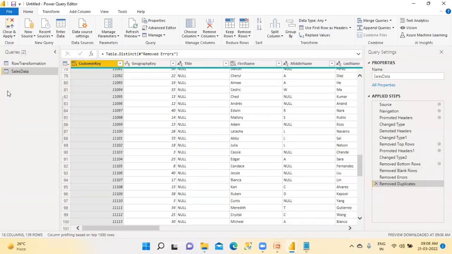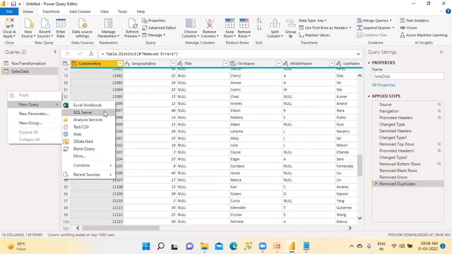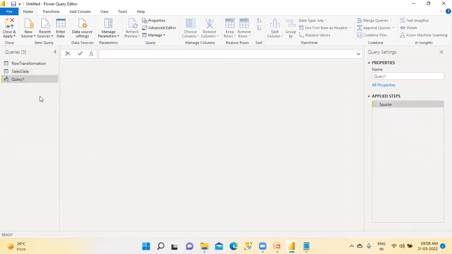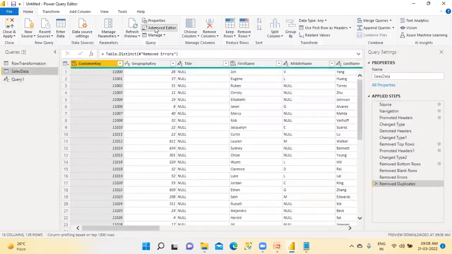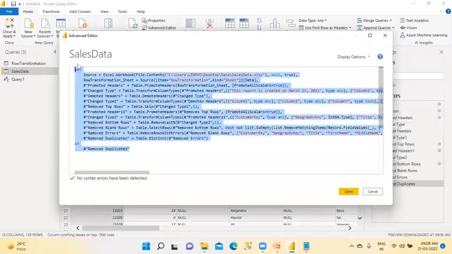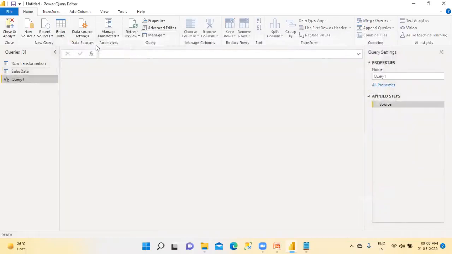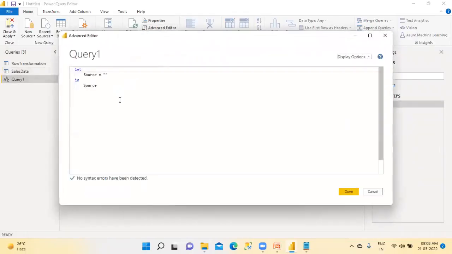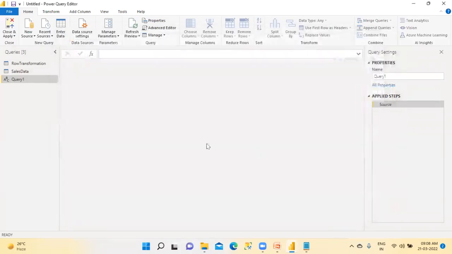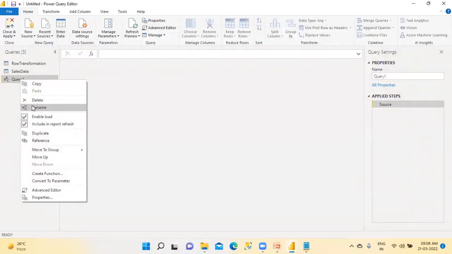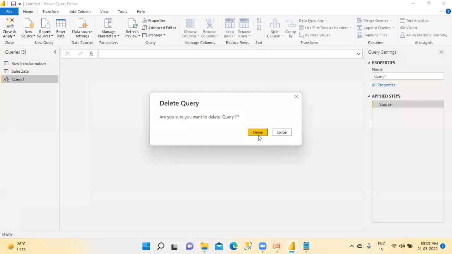So you right click on this, and do New blank query. It may be some XYZ table. Then you go and copy the entire code from here, and go to the query, advanced editor. You delete it, paste it, and modify the path. Like that, you can apply it very, very easily. Now,